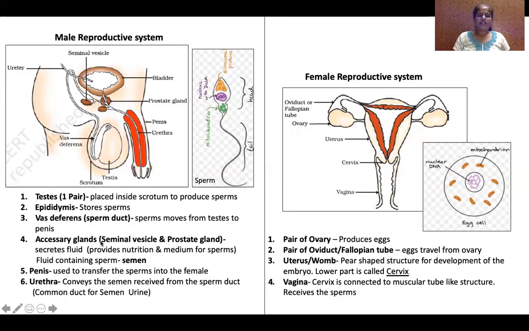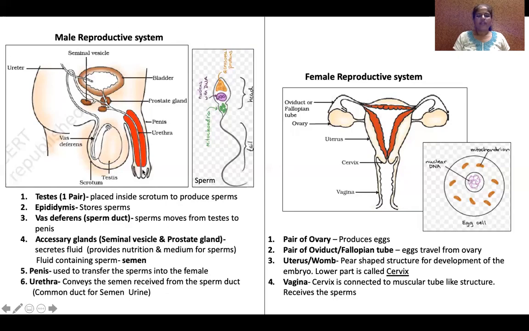Accessory glands called the seminal vesicle and prostate gland secrete the fluid which provides nutrition and also a medium for sperms. The fluid containing sperm is called semen. The penis is used to transfer the sperms into the female. The urethra conveys the semen received from the sperm duct. It carries the sperms from the sperm duct into the